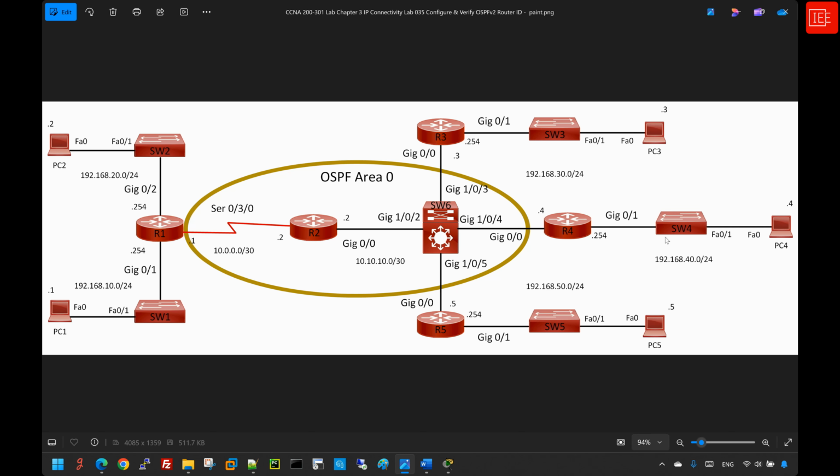And router 4 is connected to switch 4, and switch 4 is connected to PC 4, and this network segment is going to be part of 192.168.40.0/24. And then finally, we can see router 5 is connected to switch 5, and switch 5 is connected to PC 5, and this network segment is going to be part of the